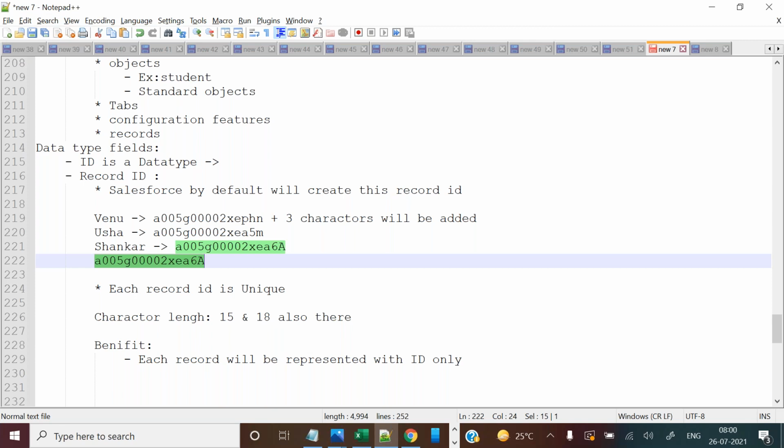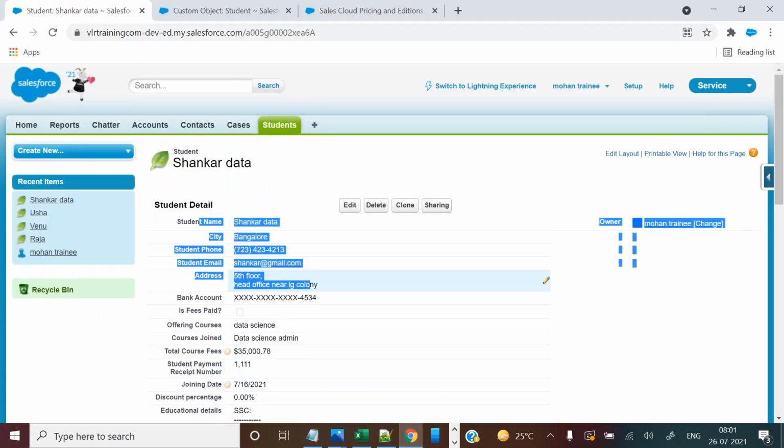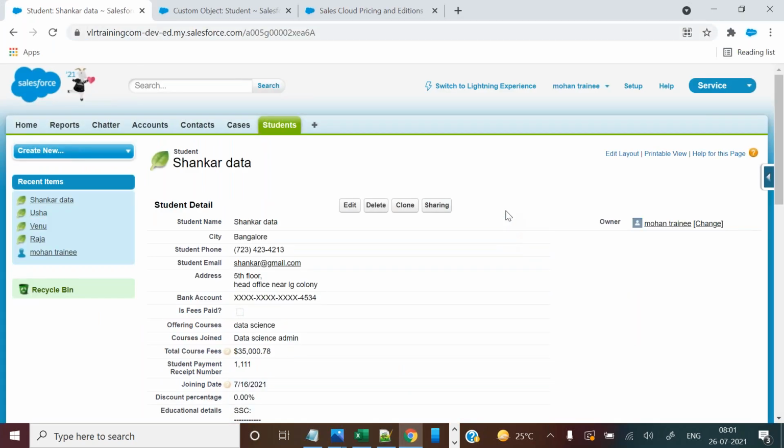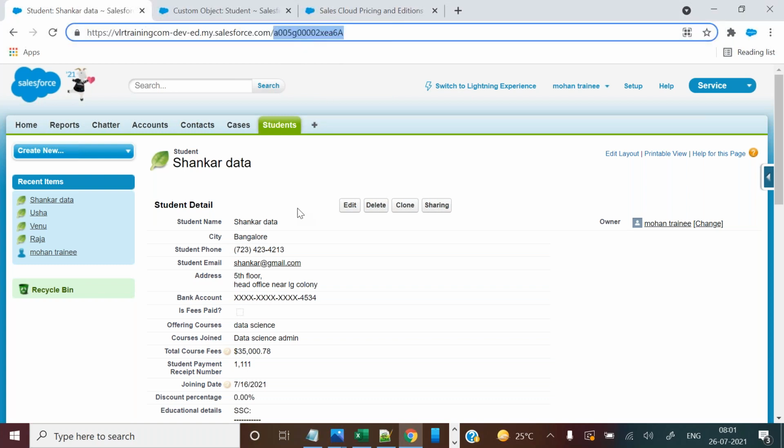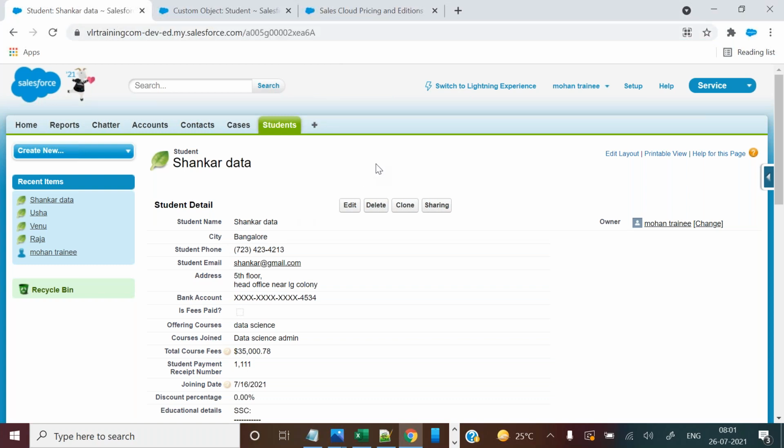No. Even when you delete the record and undelete it, the record ID is not changed, like other field values. You need to remember this point. That is a very important point, guys. That's why I'm telling you, the IDs will not be deleted once you delete the record. That's it. And next,